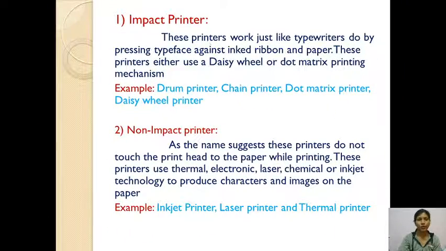The first one is the impact printer. What does impact printer mean? These printers work just like typewriters. You have seen a typewriter. We use the typewriter for typing purposes.